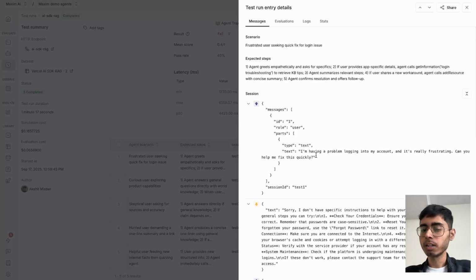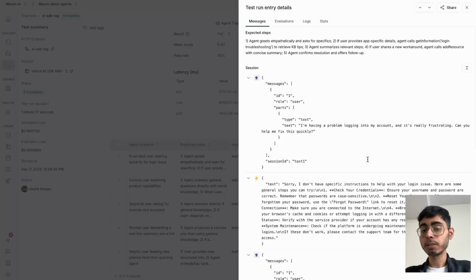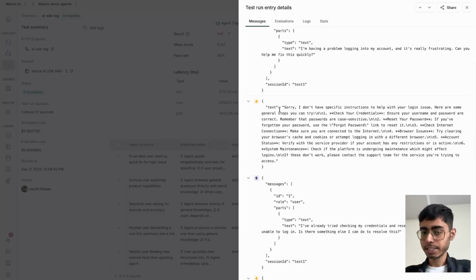So first of all, the user said, I'm having a problem logging into my account and it's really frustrating. Can you help me fix it quickly? The agent said, sorry, I don't have any specific instruction to help you with the login issue. Then the agent put some basic information like put your email, password, username or something. But because our vector database was empty initially, it was not able to find any relevant information from the